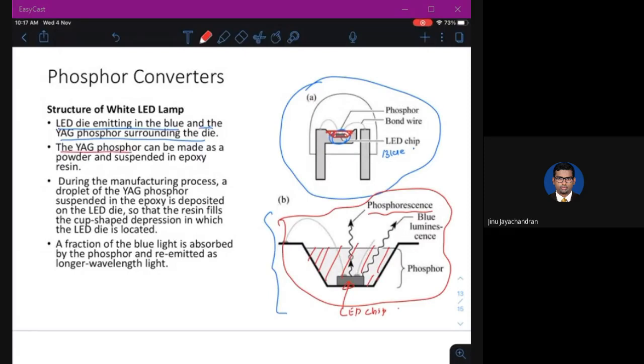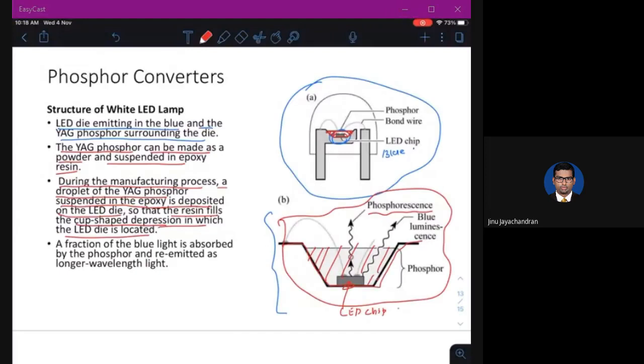The YAG phosphor can be made as a powder and suspended in the epoxy resin. So this is the resin. Okay. So during the manufacturing process, a droplet of the YAG phosphor suspended in the epoxy is deposited on the LED die, so that the resin fills the cup-shaped depression in which the LED die is located.